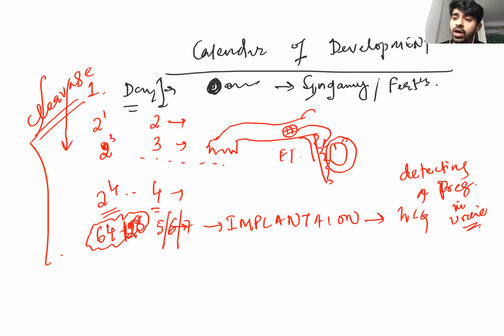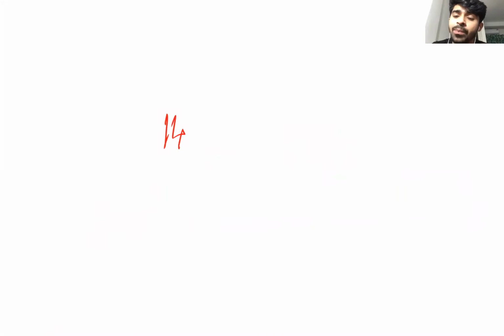Okay. The next thing that you have to remember, so we have finished up to the 7th day. I mean the first week's events we have covered. Right now we are studying what will happen from day 8, day 9, day 10, and so on. But we need not remember everything. What we have to remember is what will be the changes at day 14, which is again very important. At day 14, I mean the 2nd week.